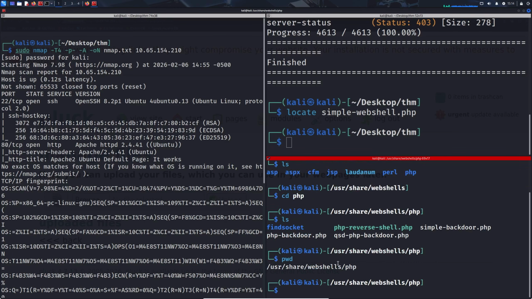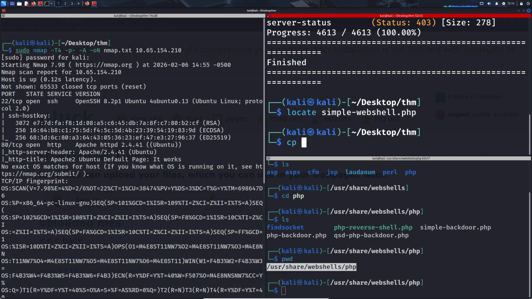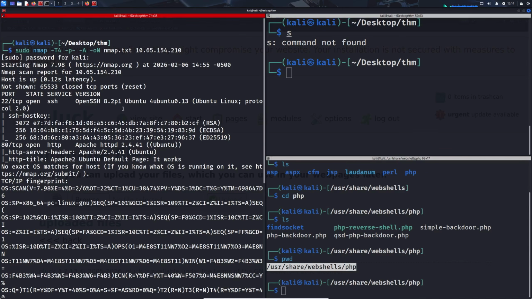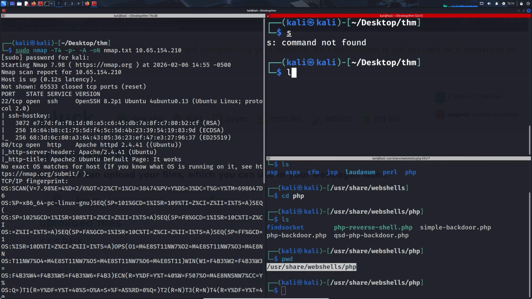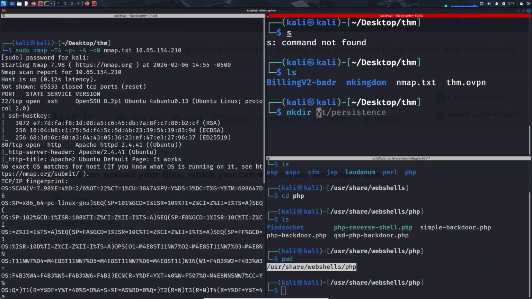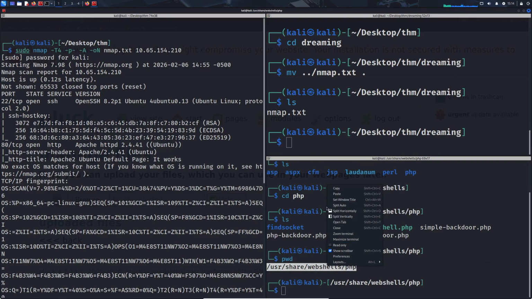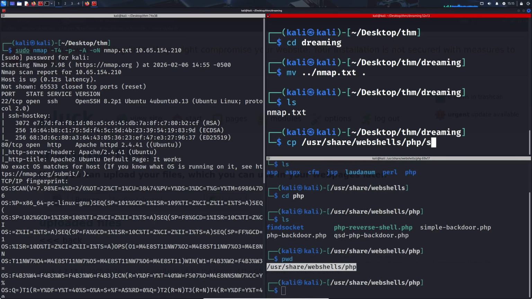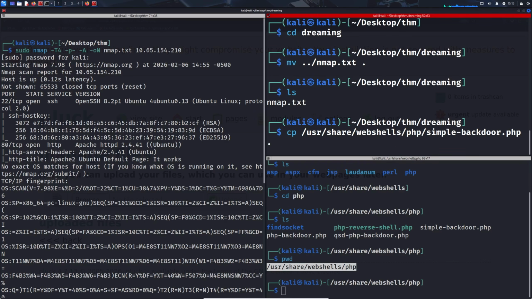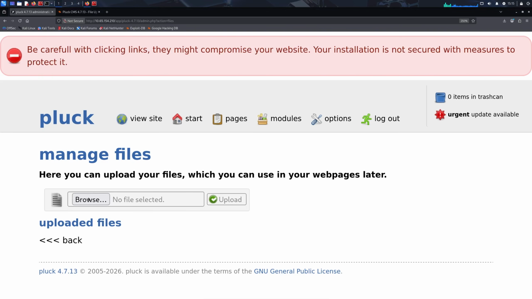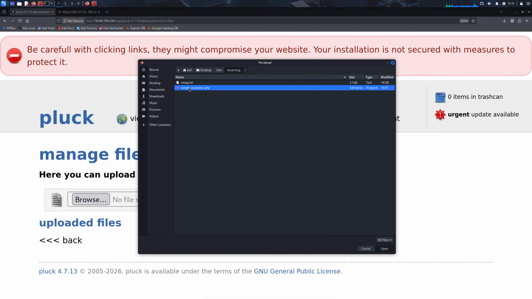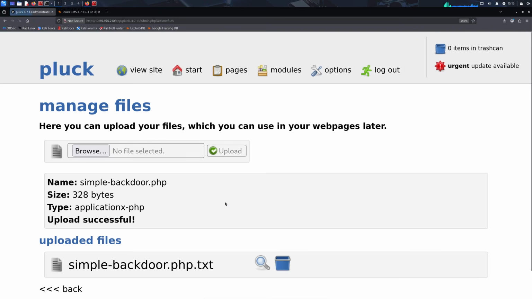So let's copy this path. Let's do cp. Actually, I'm not in the correct directory here, and I forgot initially to create a directory for our box. So let's do that quickly. And now let's copy this and let's do cp, paste, and let's do simple-web-shell.php and let's put it here. And now let's browse here, going to dreaming, and let's just try uploading it, see if there are any